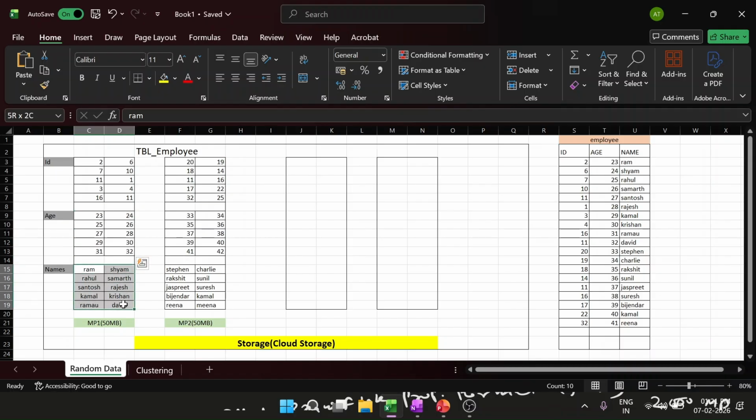So let's say I say select star from TBL_employee, or rather select ID from TBL_employee. What will Snowflake do? It will give all these records from these two micro partitions, just one column. So that is the benefit of saving data in columnar format, because columnar format is best